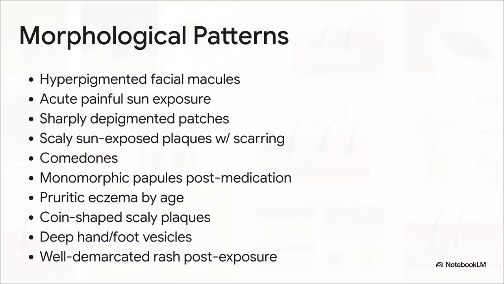Okay, let's dive into this and run through these rapidly. If the vignette gives you irregular, hyperpigmented facial macules, you think melasma. Acute, painful sun exposure with erythema? That's a sunburn. Sharply demarcated, depigmented patches point directly to vitiligo. Scaly, sun-exposed plaques with scarring alopecia is your classic presentation for discoid lupus. When you see open or closed comedones, you're dealing with acne vulgaris. But if they describe monomorphic papules immediately following a medication exposure, like high-dose steroids, you've got to pivot to drug-induced